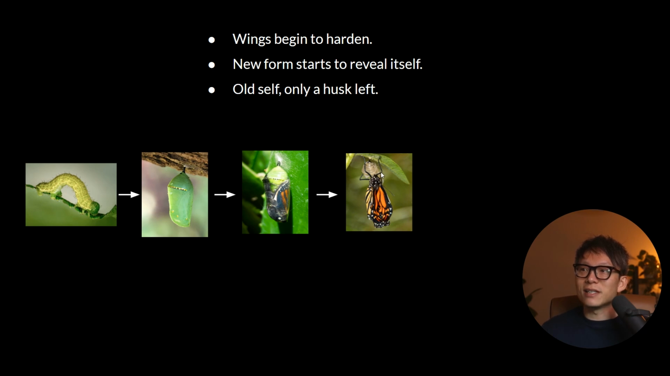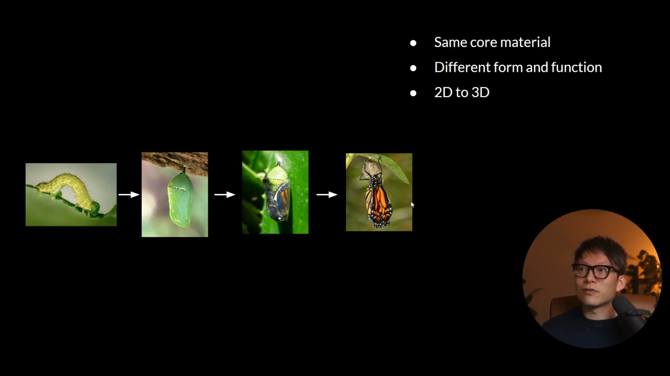Can you see this? It's a husk. The old self is gone. New form breaks free. It's the same core material, right? It's the same. The soup is the same cells. It's all contained in that, but it's a different form and function. This is really important. Hopefully, you can see